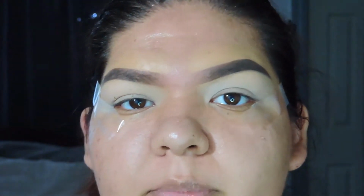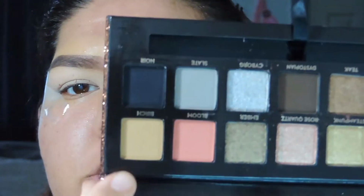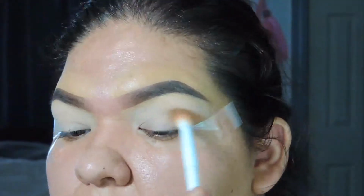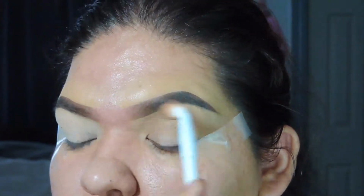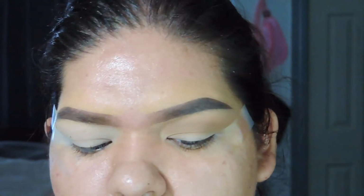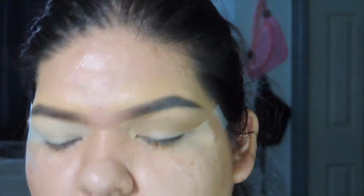Okay, so I'm just going to start off by adding a transition color. I'm going to go in with the shade Birch, and it is this one right here. Oh, by the way, I used a Wet n Wild like blending brush, crease brush. I don't know what they're called, but